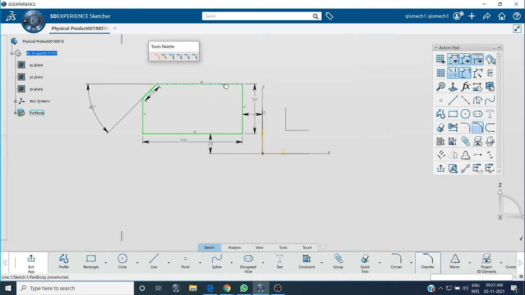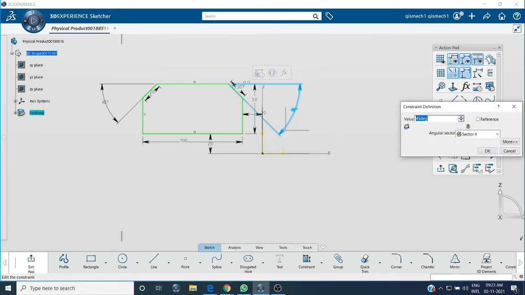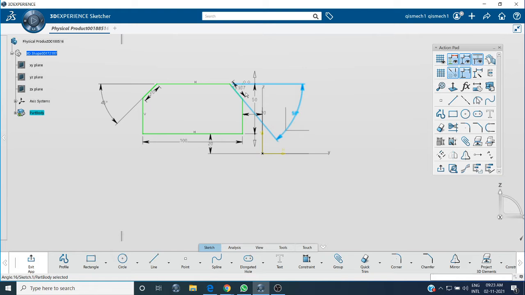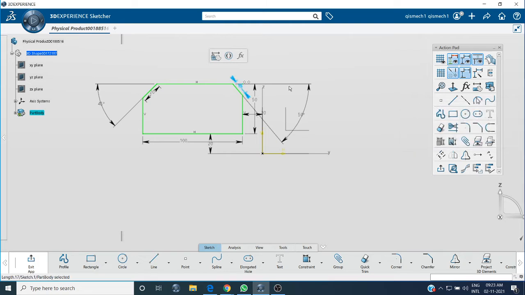You can change the length and all. See, you can change the angle also. Let it be 50, and this one 15. So I think everyone understood how to do the chamfer.